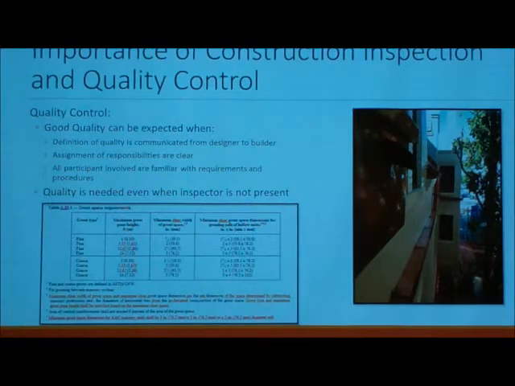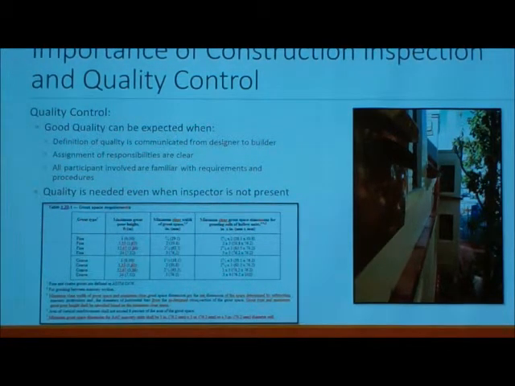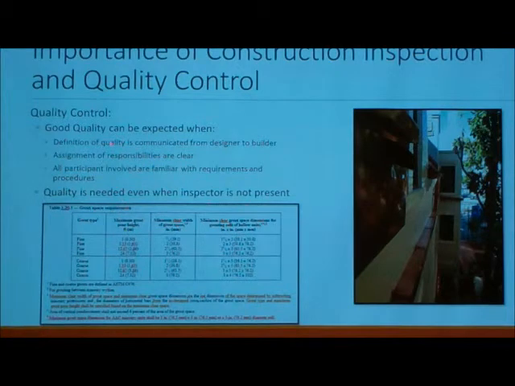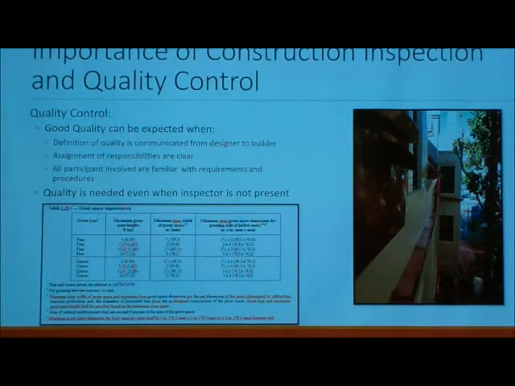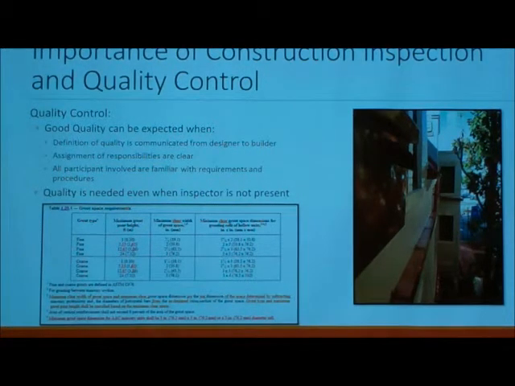Alright, so now we're going to look at the importance of why we have these quality control and construction inspection things. Whenever you have these construction practices and you do them, it creates good structures that can stand up. It also provides a product that is safe for the environment. So this is kind of how you get good quality structures. This goes in a lot of what Nick said already, but good communication between the designer and builder. If the designer specifies something one way, and the builder doesn't understand those details, then